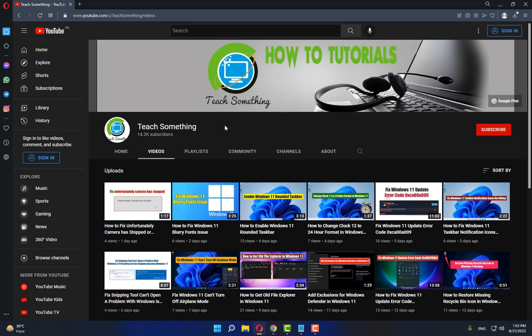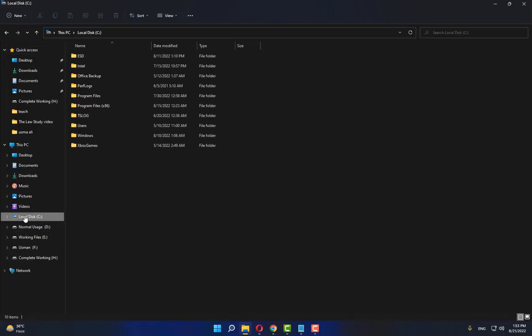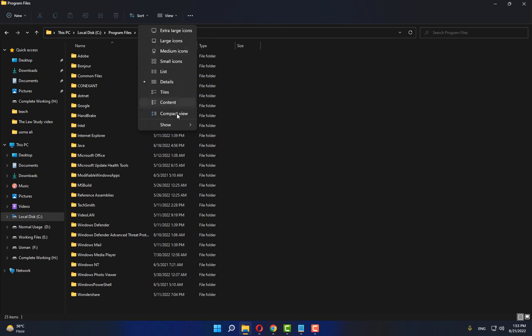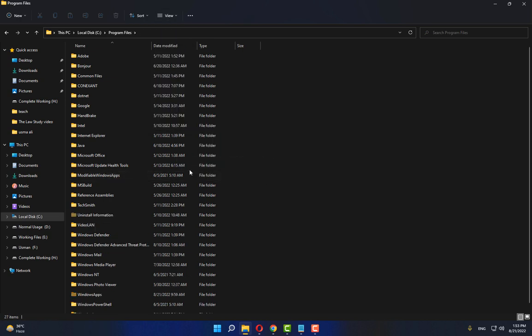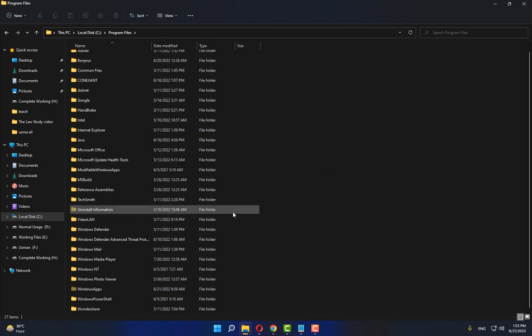So let's start. Okay guys, first of all open File Explorer, go to your C drive, and open Program Files. After doing this step, click on View, go to Show and check Hidden items. Now you can see that. After doing this step, open up WindowsApps,